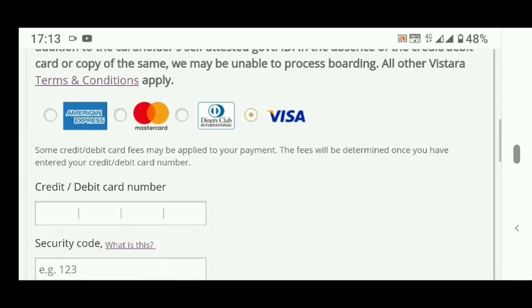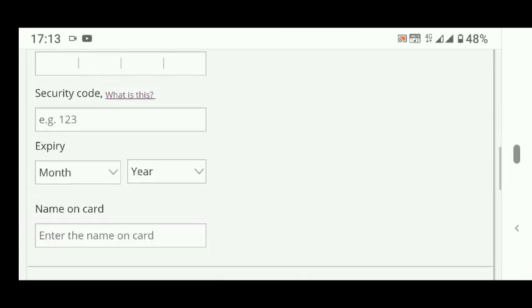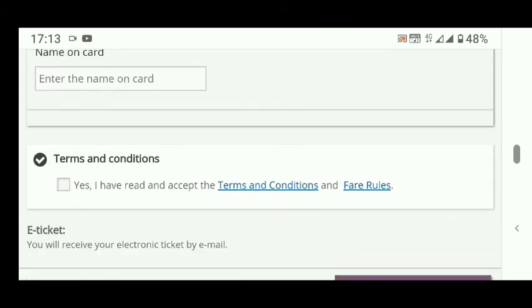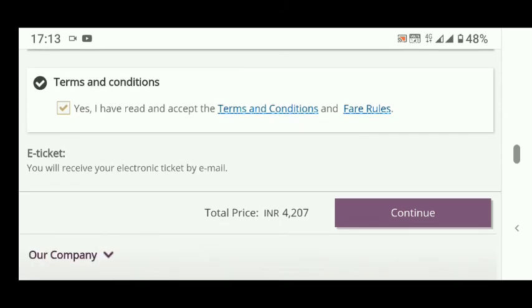Simply select Visa, then enter your card information here. After entering the card information, you can agree by clicking the terms and conditions link, then click on the continue link, so that your payment will